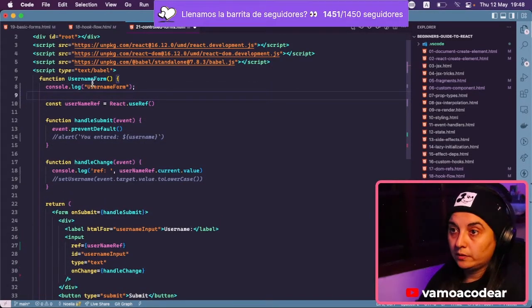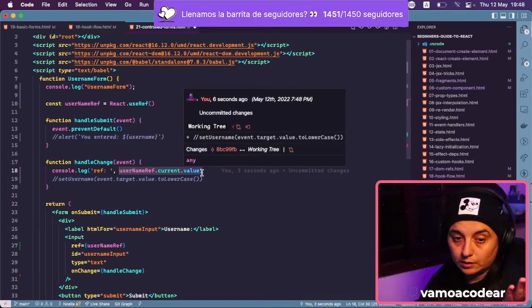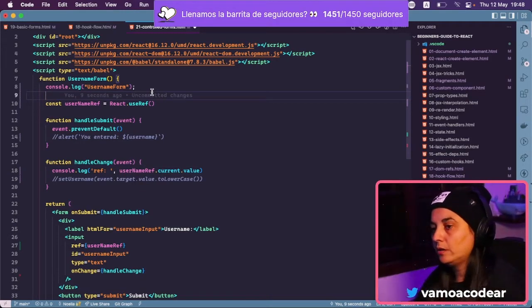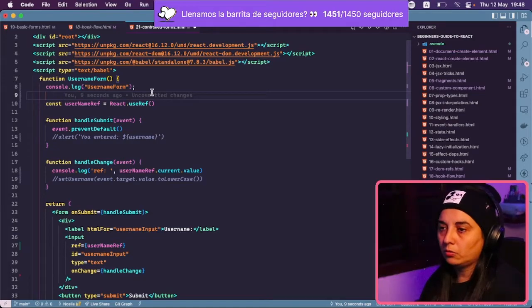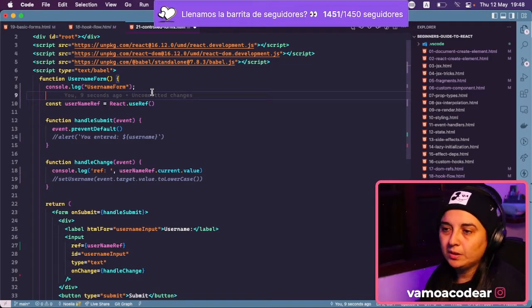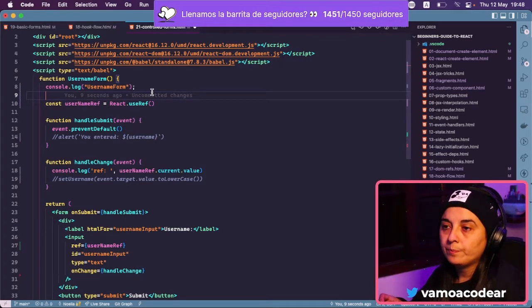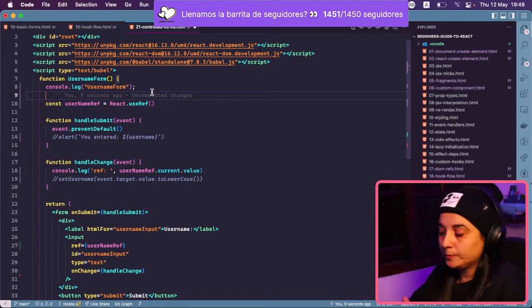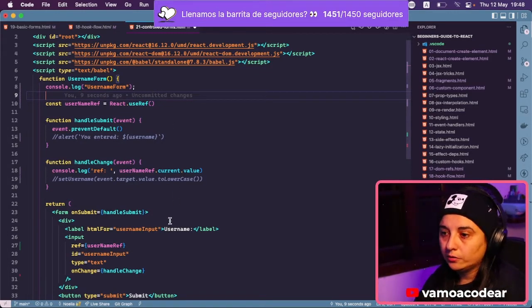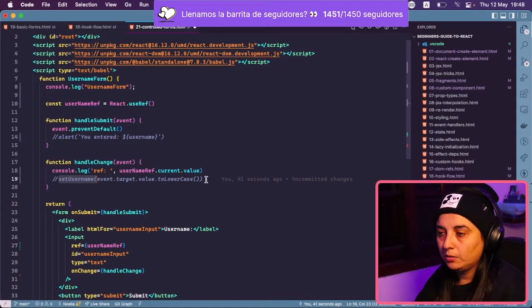Porque si se estuviera re-renderizando el componente, estaría poniendo console log, ¿sí? Entonces, como no queremos que se renderice el componente 8 veces, en el caso que quería hacer IDA, por ejemplo, que él decía, bueno, si lo estamos controlando al estado con un useState, se renderiza 8 veces. Es un solo input, bueno, no pasa nada, pero no está copado que se re-renderice tanto. Entonces, ¿cómo lo podemos hacer? Una de las opciones, porque withMemo todavía no lo vimos, por eso no quiero usar nada que no hayamos visto. Pero una de las cosas que vimos y que sirve para que justamente no se re-renderice el componente es useRef. Entonces, lo que hacemos es, en vez de setear el estado con event target value lowercase,